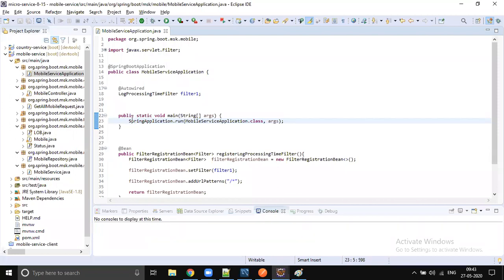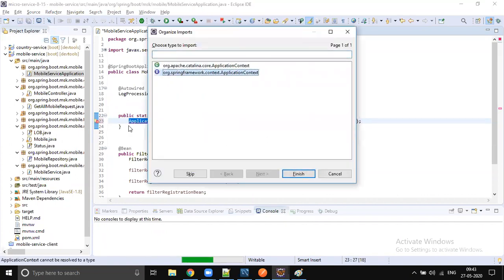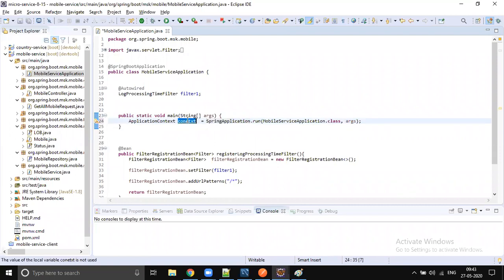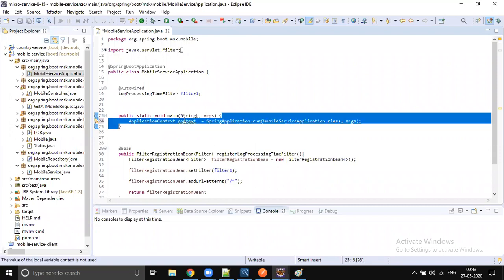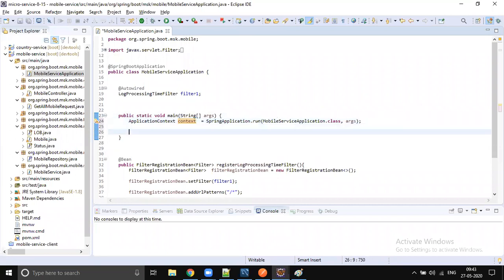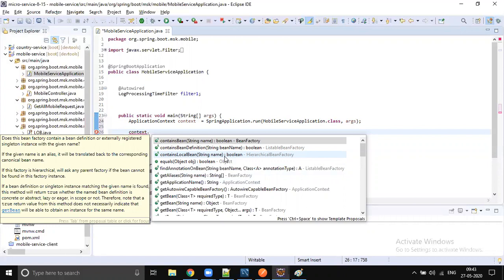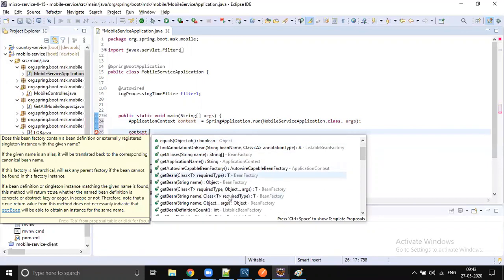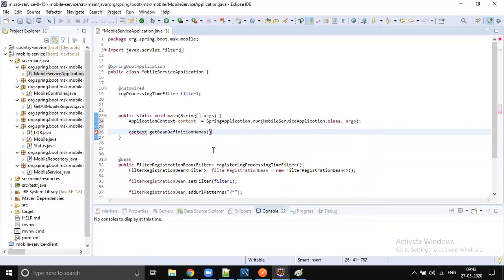So what we can do, there is a method available on the application context to know how many beans are created in the context, right? So ApplicationContext equals to, Ctrl+Shift+T, it's the Spring application context. Okay. So context. There are some methods available. getBeanDefinitionNames. Okay. So we can come to know what are all the beans created by the Spring container. It's actually an array, right?